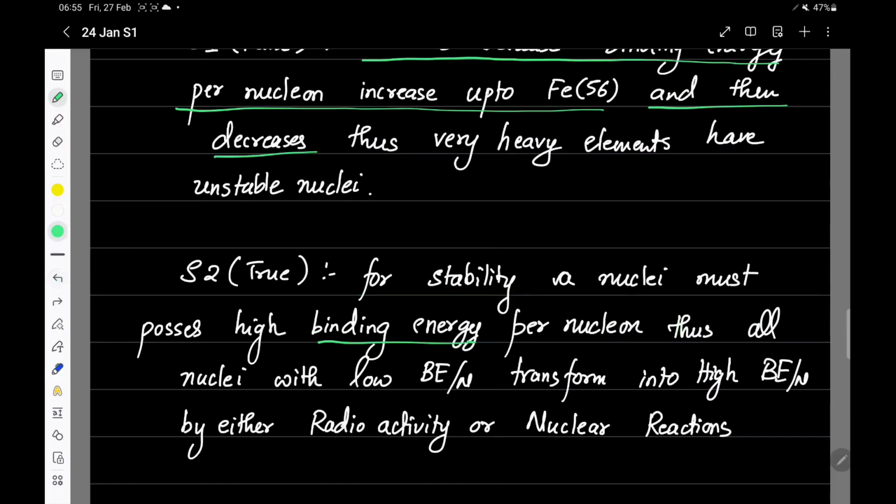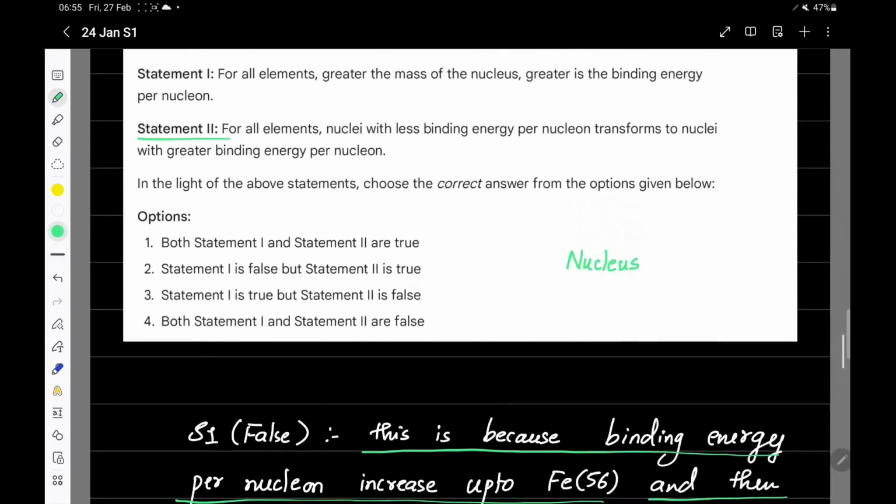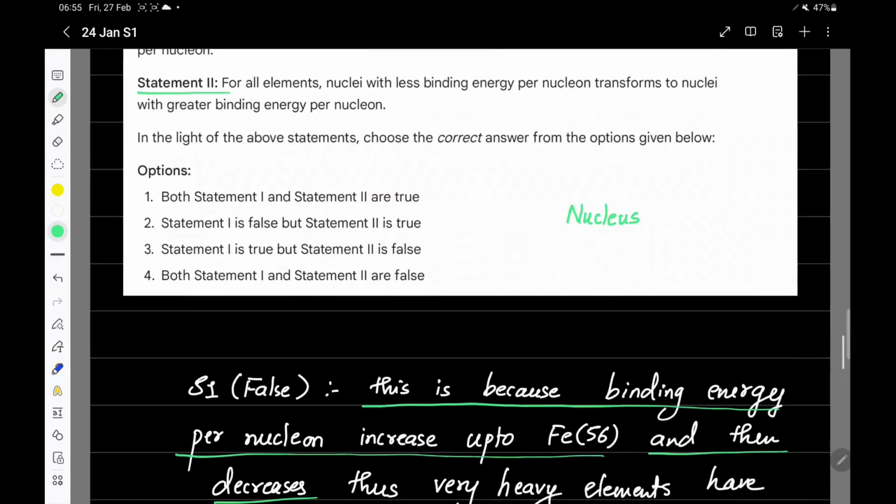So elements with lower binding energy per nucleon will transform into elements with higher binding energy per nucleon by two possible processes. One is by radioactivity, or second is by nuclear reactions, which are like nuclear fission and fusion. Okay, so that is the correct answer. Statement 1 is false, statement 2 is true, which corresponds to option